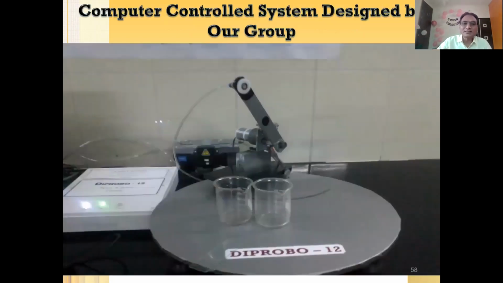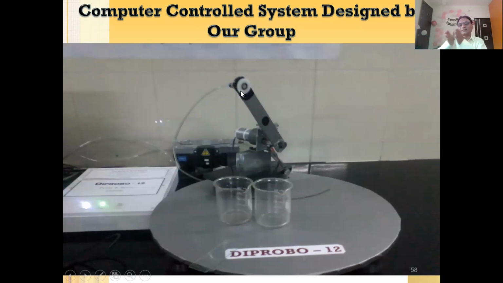This is a computer control system designed by our research laboratory. Right now it is not here, because research scholars who are working in the RUSA center must have seen this spare, because we dismantled this system as nobody is using this dip coating system in our research laboratory. But you can see here the stepper motor. This is that arm, okay, and here this is connected to the vacuum pump. So vacuum is going to be created here.